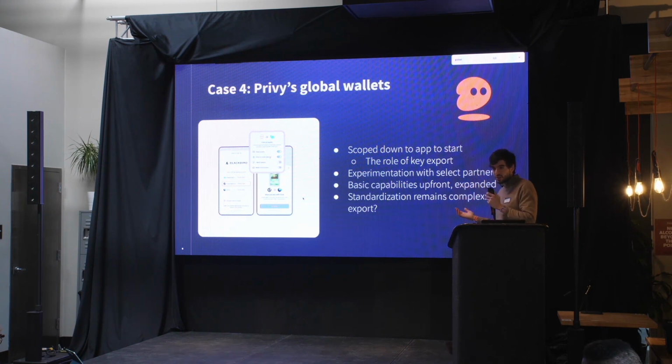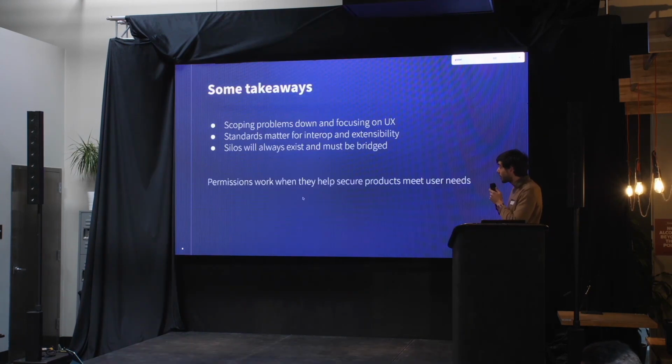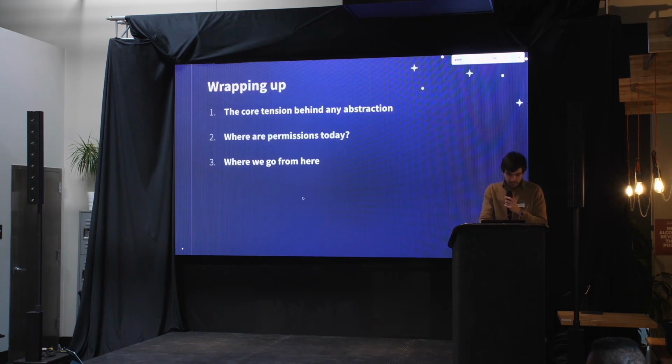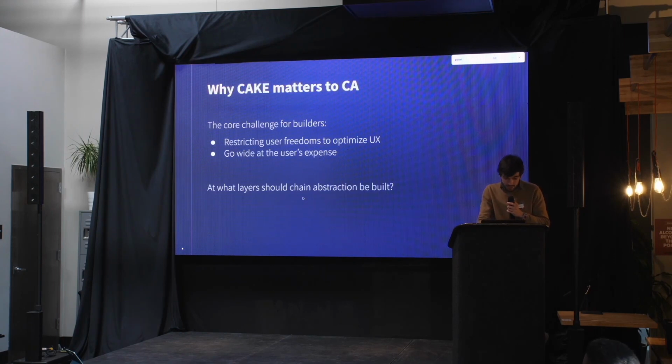Inherent in the tool that you're giving a user, there is a sort of implied permission set that you've given them. So with that, I think my 3 takeaways on how to build is, 1, making sure we scope problems down and focus on UX. 2, ensuring we have standards to make sure that these systems are extensible. And 3, recognizing that basically any type of permission, any abstraction creates an opportunity for silos to exist. And so looking both at sort of the inter-permission way of breaking out our silos, but as well as how you pop out of the permission system for the user so that power users can get what they need is really important. With that, I'm going to wrap up.